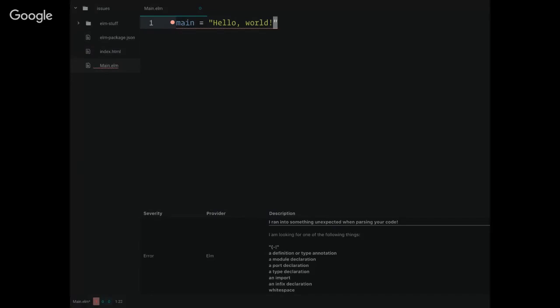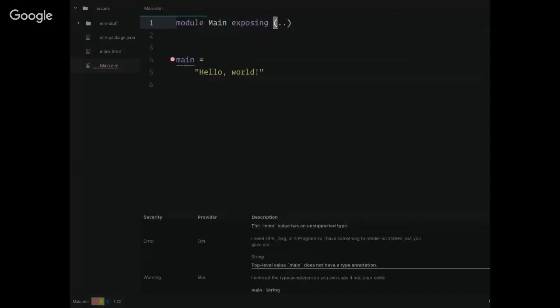We'll see what happens. If I save it, this just magically pops up for me. It detects that I'm trying to use a file, and it's main. So it's going to say, okay, I'm going to create this module for you. This is now a module named main, and the exposing just means every function or thing that I declare inside of here will get exposed to the real world if they want to use it. So if somebody calls main.main, it would be this function.